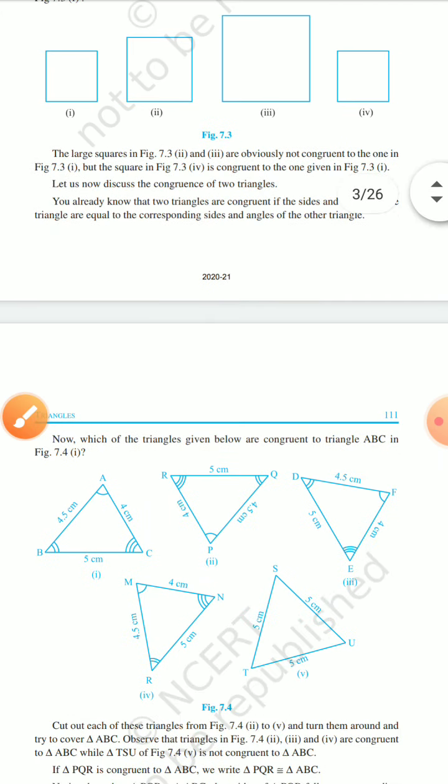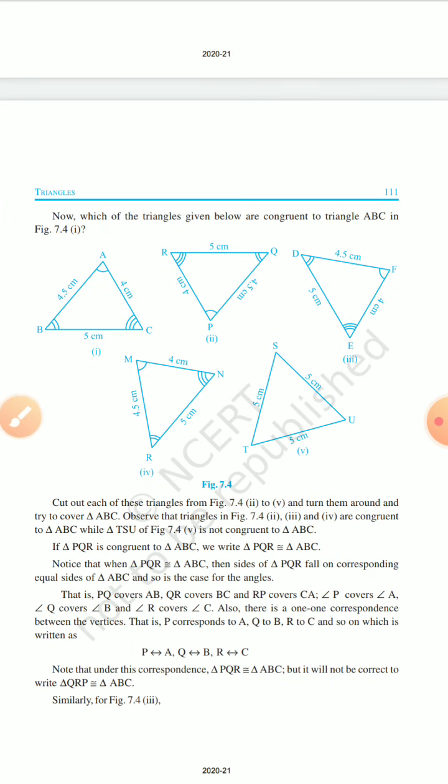right? So in this triangle, let us see which triangles are congruent and which triangles are not congruent. So talking about triangle ABC, you can see that there are whole different types of triangles you can see. So you have to tell which one of them is congruent and which one of them is not. So let us talk about the first and second figure. You can see that the side AB of triangle ABC